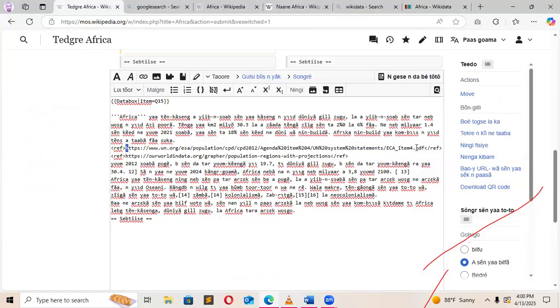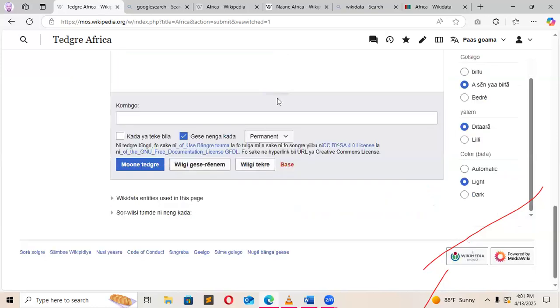So you paste your article reference here, or the statement reference. You come and put at the front of the link, you put less than ref, greater than. You go to the back there to put less than ref, greater than. And between the less than and the ref, you put slash, so that it will show that that's the end of the reference, and publish. This is how you do it to all the references that you have in your page for you to get a well-written article.